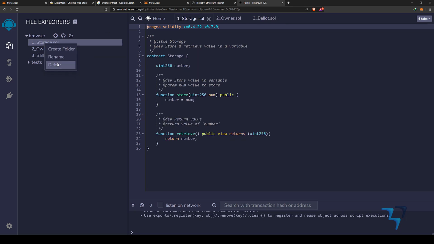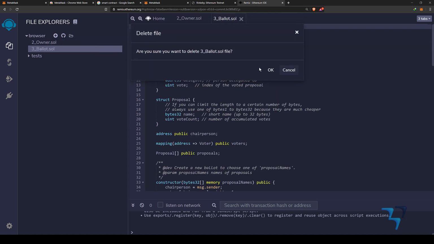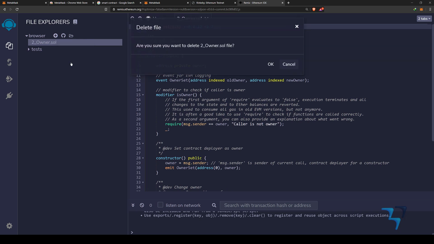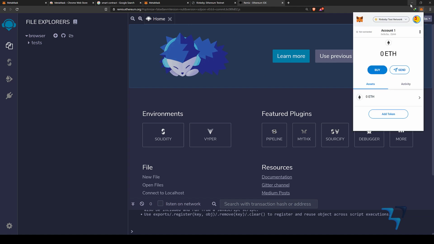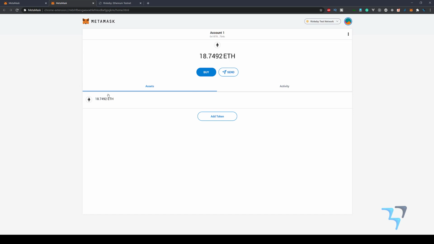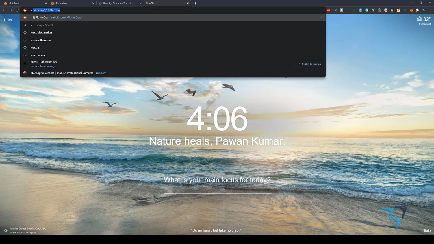So I'll just delete everything from here. I'll do everything from scratch. Or maybe I should, because this particular Brave browser does not have that Metamask account which has money. So I'll move back to my Chrome browser, and here I will open Remix